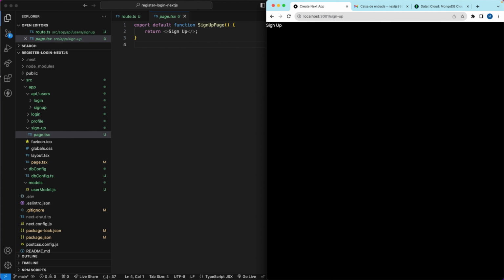But we need to finish the loading. So we can use our finally, and this means that no matter if this goes through successfully or if there's an error, regardless of that, because we started this process, we need to stop the loading information on the screen. So we need to set loading to false. And so I don't forget that,